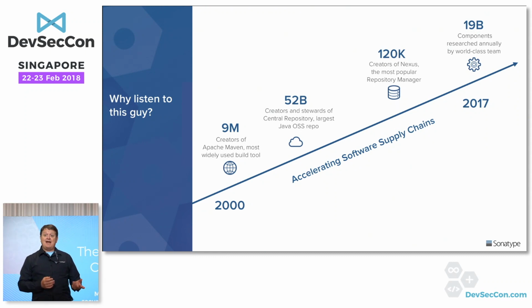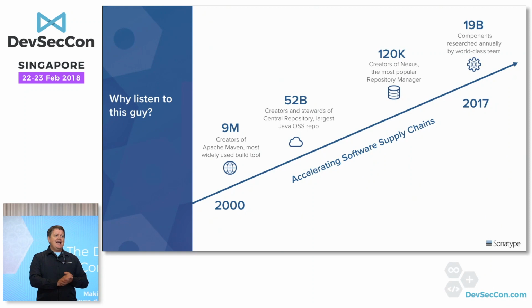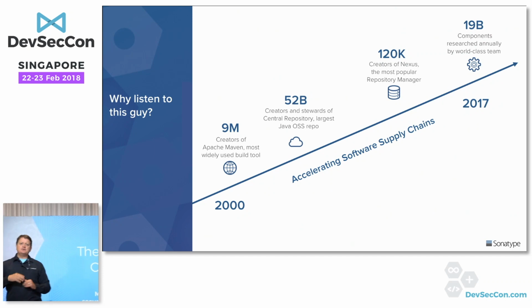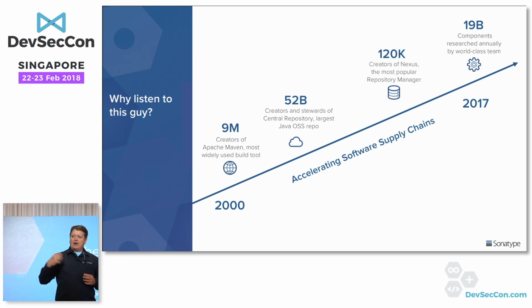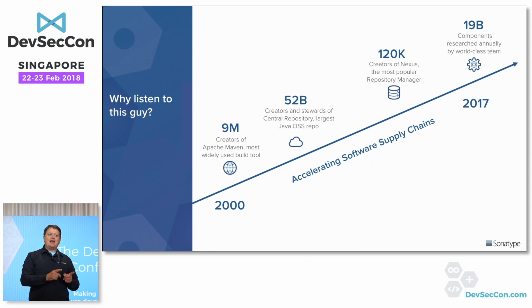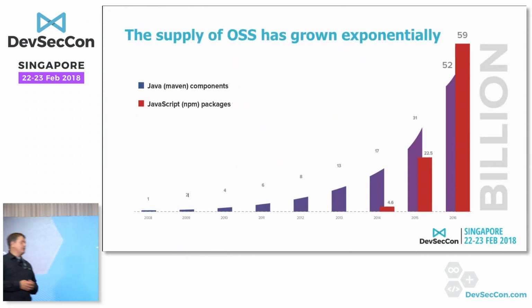Just this week, as a matter of fact, a JavaScript library was hijacked, and a malicious attacker put a crypto miner into it. I don't know if anyone heard about that. Was that actually news here? Yeah, you heard about that. Basically, anyone who downloaded that JavaScript library over a 2-day period was downloading a library with a crypto miner inside of it. All of their customers using it were mining cryptocurrency for the attacker. So this is going to become a bigger and bigger problem as open source use becomes exponential. The next slide shows you the growth of open source.